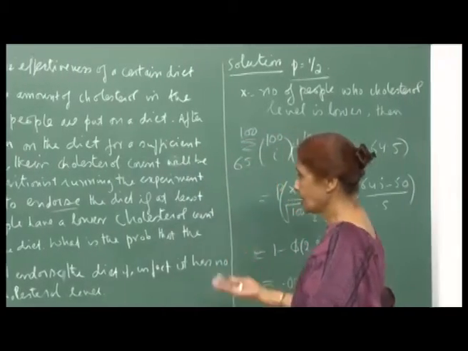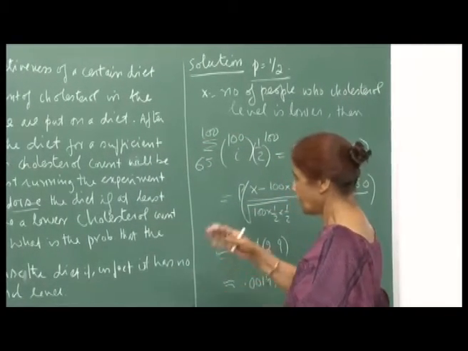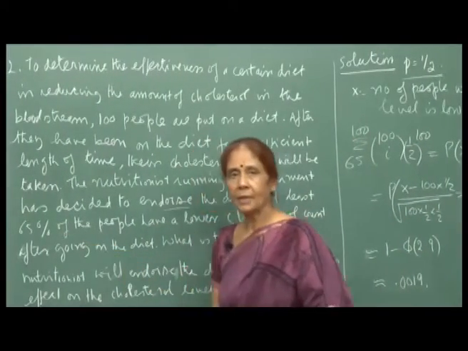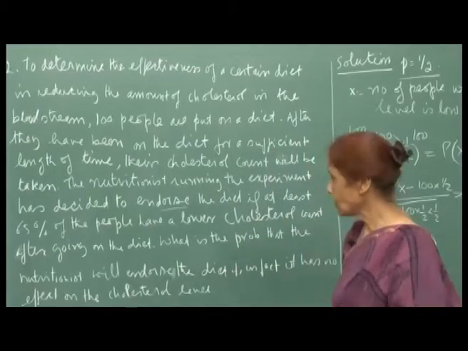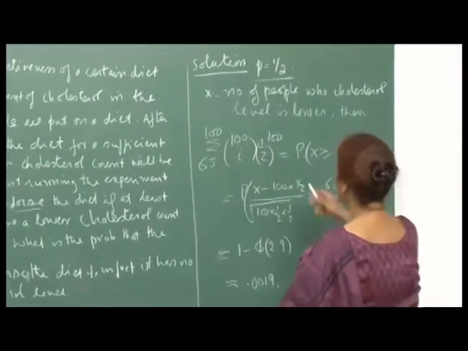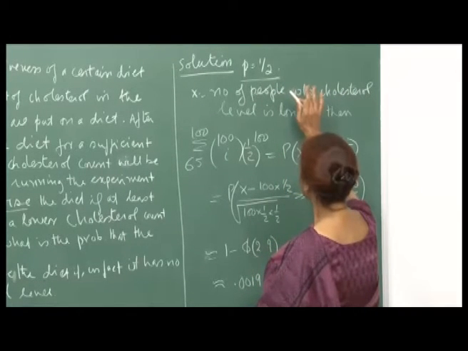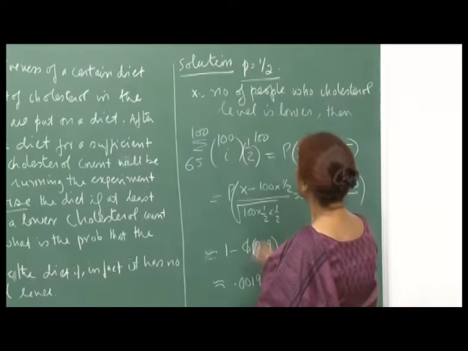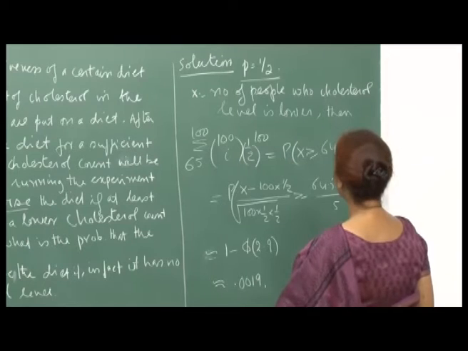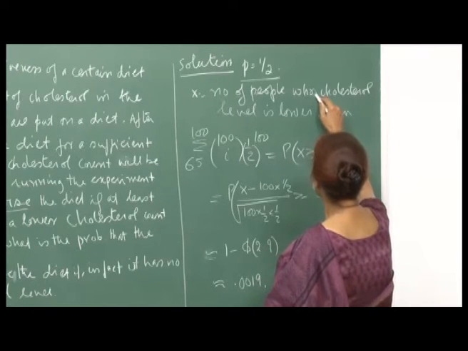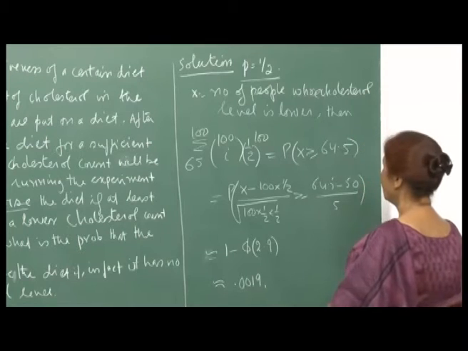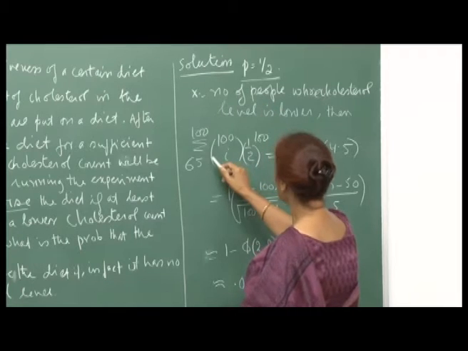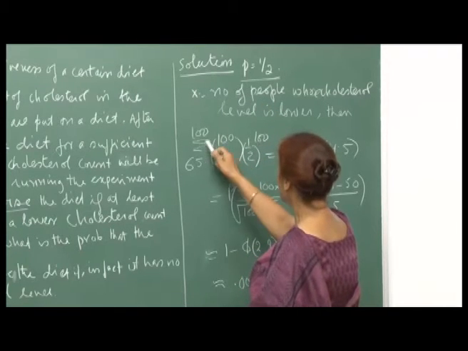But since the count is going to be taken after the trial period, if it turns out that 65% of the people have lowered their count, then the diet will be endorsed. So, we will work with p equal to half. So, I hope it is clear. What we are assuming is that the chance of the count going up or down is equally likely. So, we will take p to be half, and x is the number of people whose cholesterol level is lower, right. Then what we are looking for is a binomial random variable,